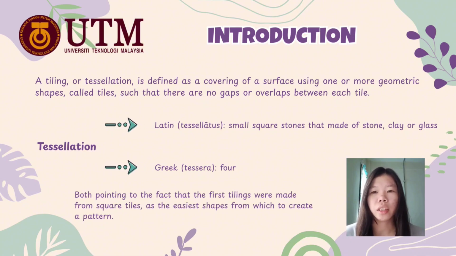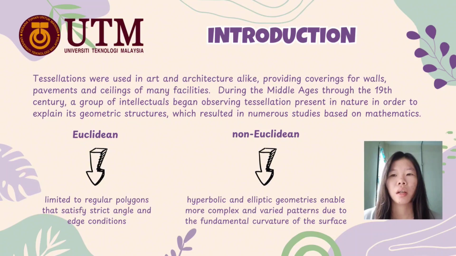The word tessellation comes from the Latin word tessellatus, which means small square stones made up of stone, clay, or glass, and the Greek word tessera that means four. Both meanings point to the fact that the first tilings were made from square tiles as the easiest shapes to create a pattern. Tessellations were used in art and architecture alike, such as covering of walls, pavements, and ceilings